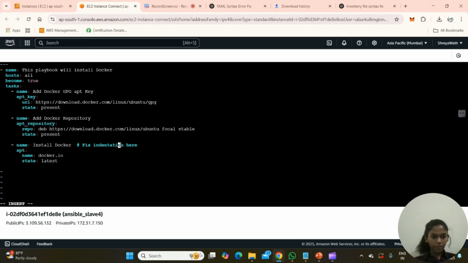So let's fix our indentation issues here. Please make sure that your indentation is proper. And now we'll save our playbook.